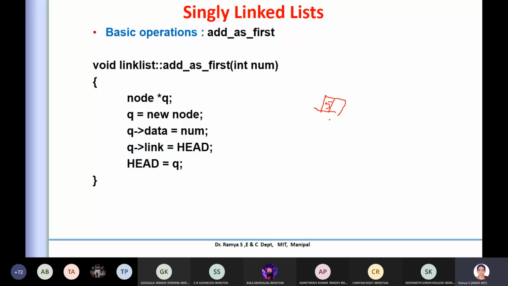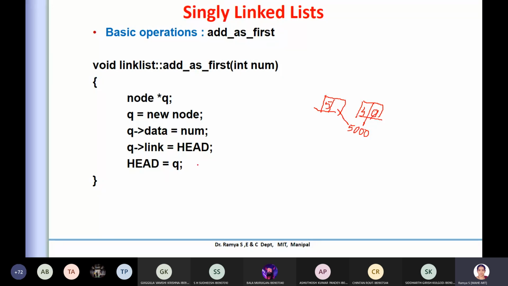I have two elements here: say this one is 4 with address 5000, and this is the head for me. So I have two nodes, and it is pointing here. This is null for me. I'll just put a null symbol here.